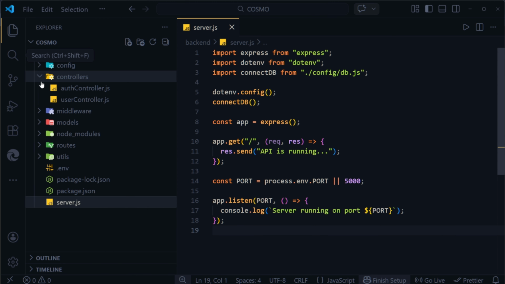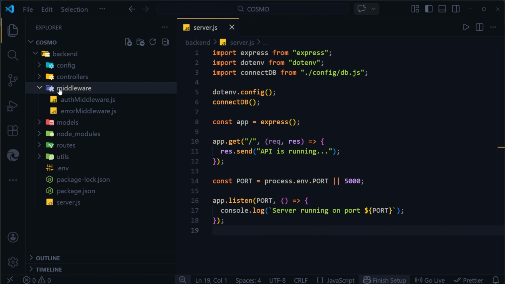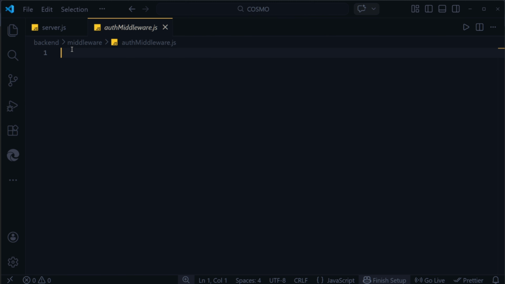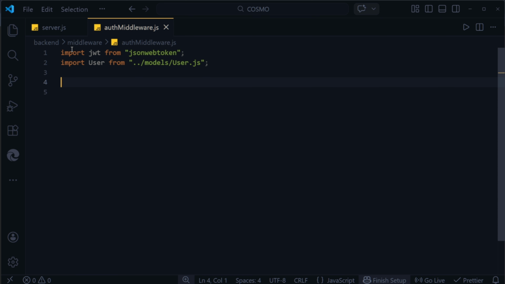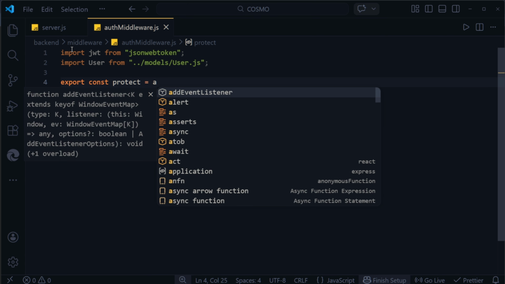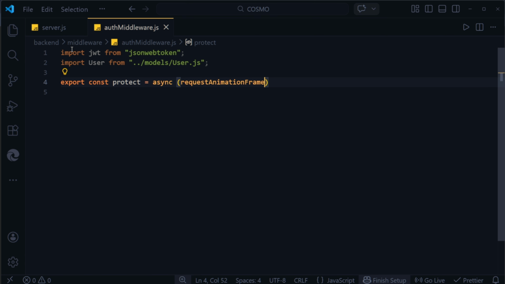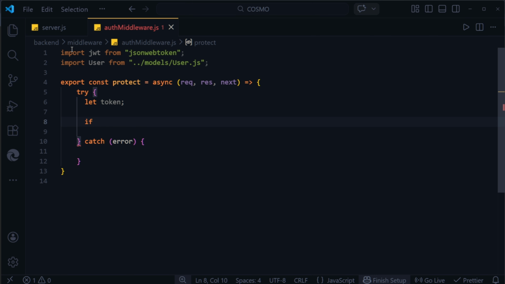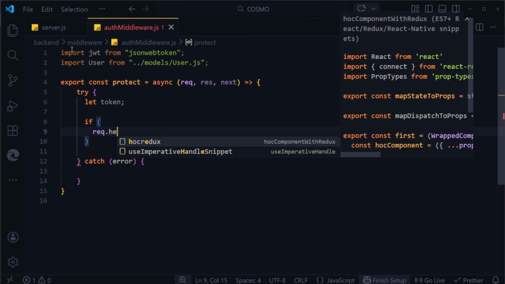Close this file and open authMiddleware.js from the middleware folder. Import JWT and import User. Then define export const protect equals async (req, res, next) => arrow. Inside, add a try catch block with error in the catch parameter. In the try block, declare let token, add an if statement. If request.headers.authorization exists and